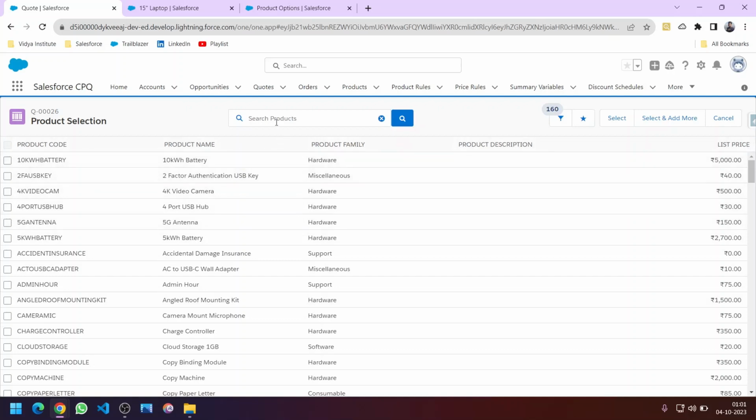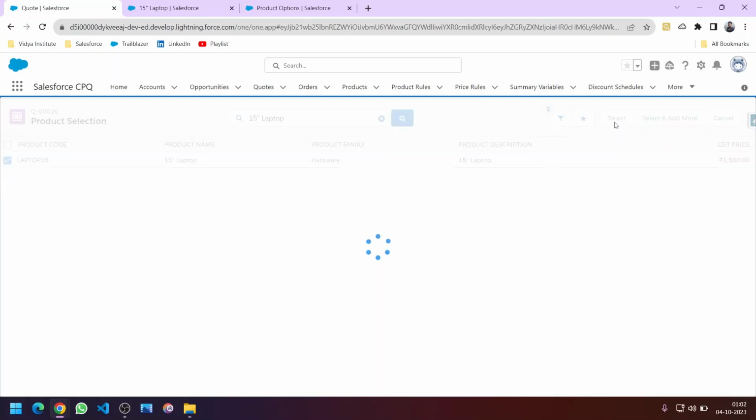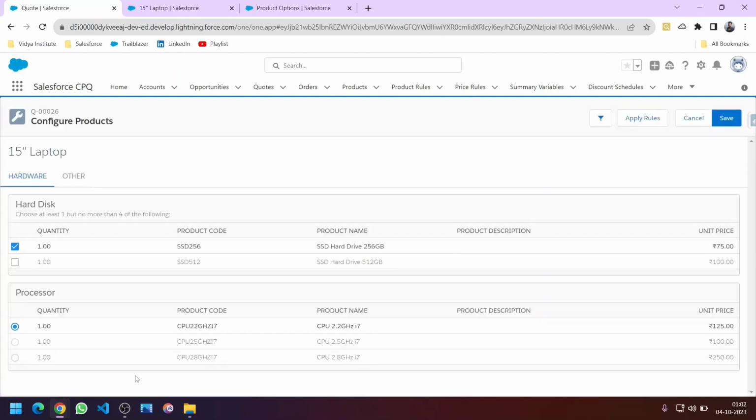Now we have to add the product again on the quote. And if you don't know how we can add a product, what a parent product is, and what a bundle is, then watch those videos before moving forward. So this is our laptop range product, which is a bundle product, which has the options, features, and categories, grouping